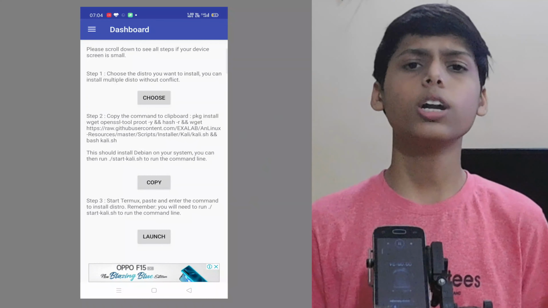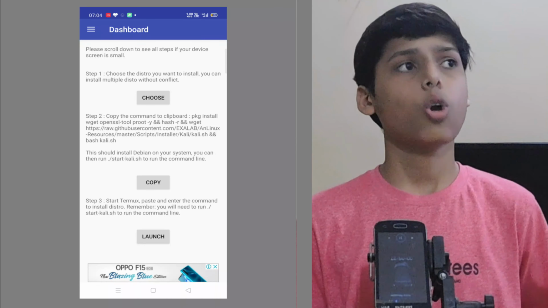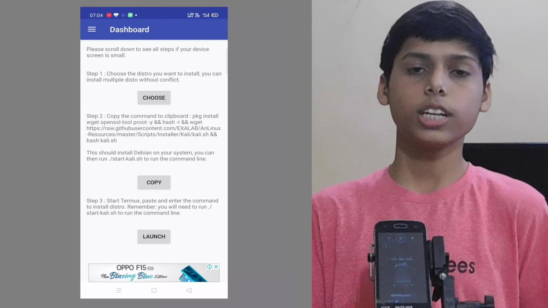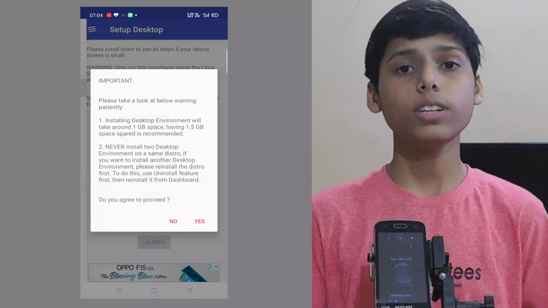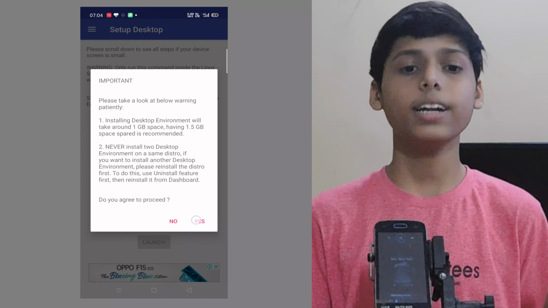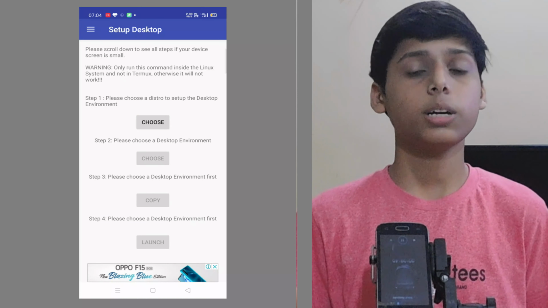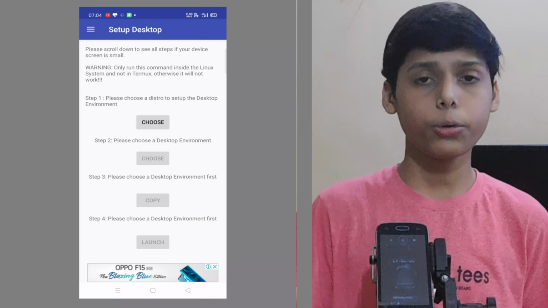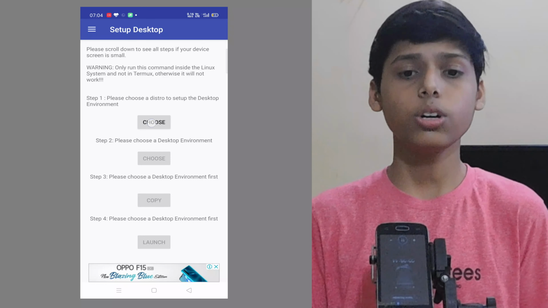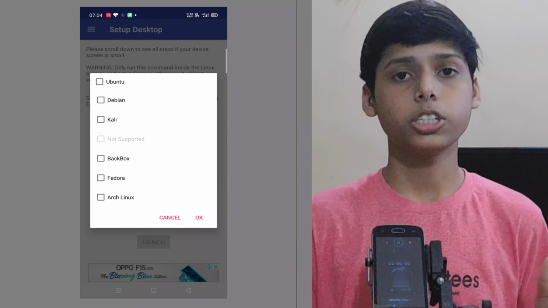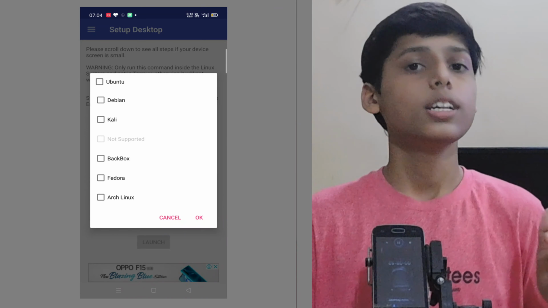First of all, for doing this, you need to open a Linux application, and then click on the three lines which are present at the top left or right corner maybe. There you need to click, and then select the desktop environment. When you select this, you will see again an option; the things that we executed in the last step, you need to execute here also. First of all, click on choose, and when you click, there are so many Linux distributions listed. You need to just select Kali.